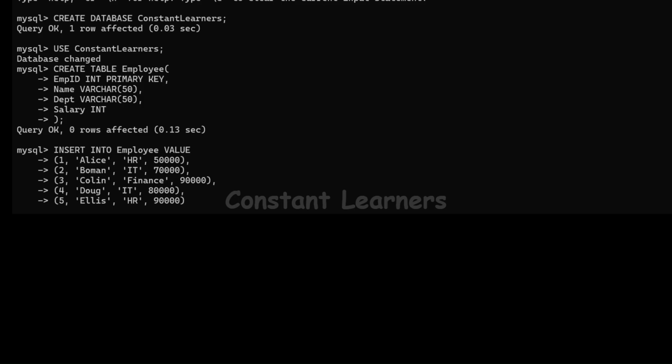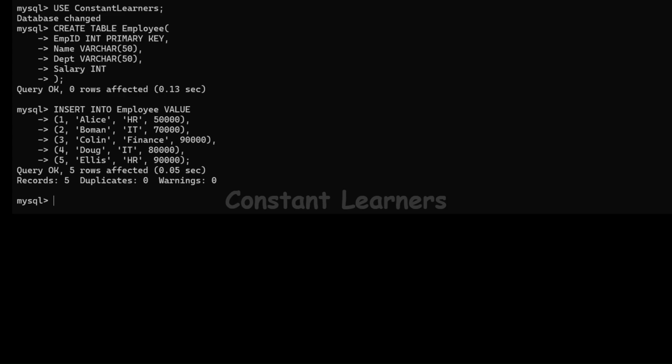Now here our query is completed. We've inserted all the values that we needed. So we end the query with a semicolon and enter. Right? Next step is to check the table. Let's check whether a proper table has been created in our database or not. This is the easiest query in the entire history geography of SQL, which is select star. Star means all from which table? Employee, and semicolon and enter.